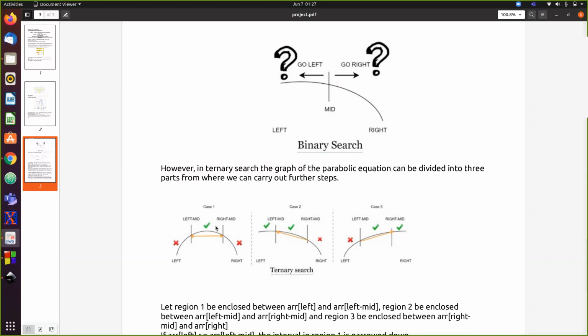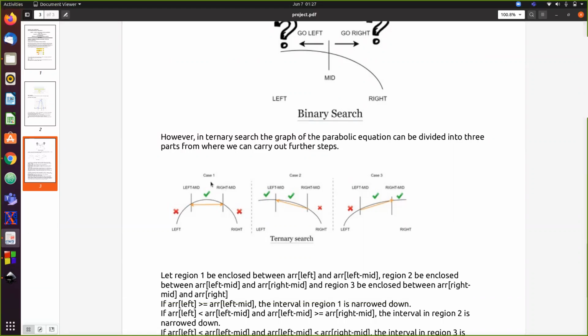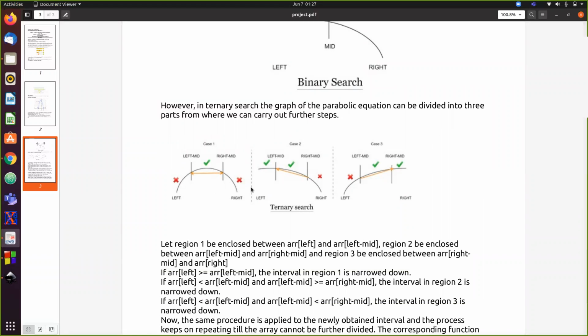So we have two references and we can compare these reference points and choose which region to go next. So the ternary search is not much faster than binary search. It may seem like the time complexity of ternary search should be log n to the base 3, but because of the increased comparisons, binary search has only two comparisons while ternary search will have more than three comparisons, the asymptotic complexity becomes the same as binary search. So it may not be faster, but it does help us solve this problem easily.